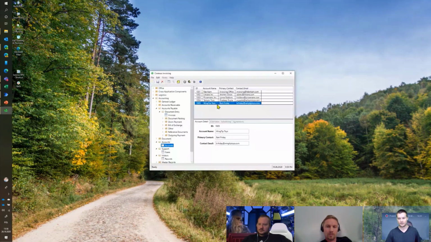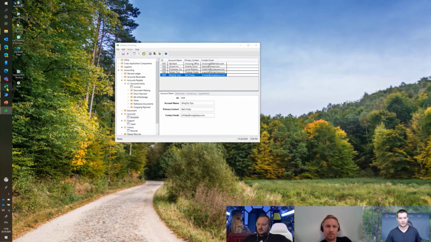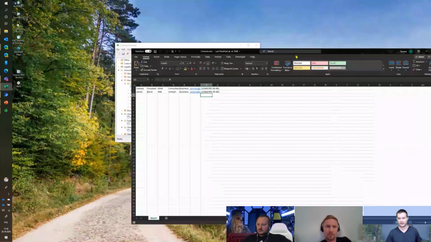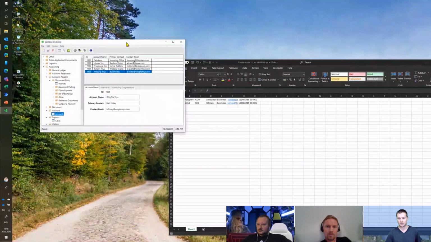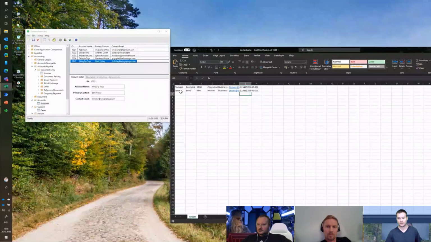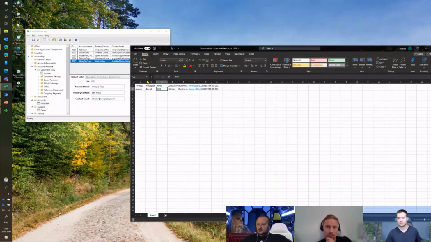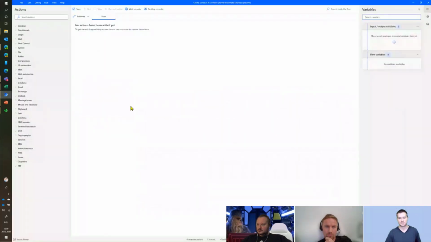So here we have these accounts, right? I do have this small Excel file, and I would like to write down the name and last name to primary contact, then account name as a company, and then contact email. Well, it is also present. So the idea here is to simply iterate over this Excel file and write information to that application. And the idea would be that the application is triggered once an email arrives.